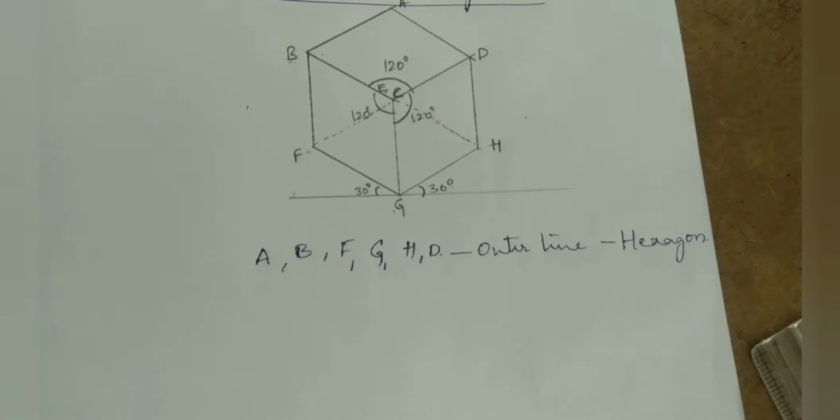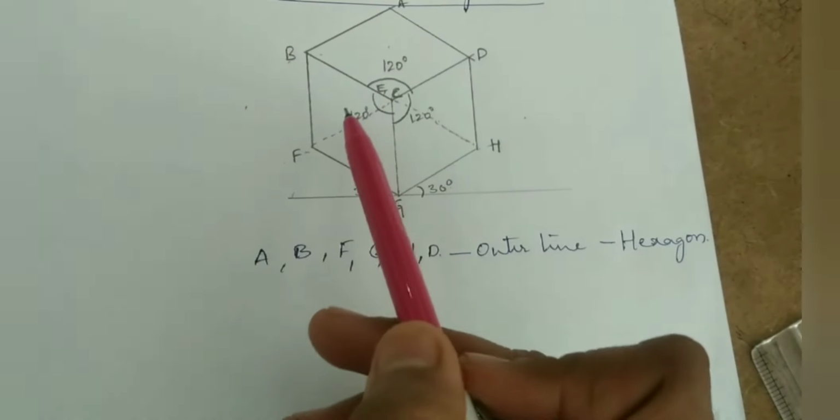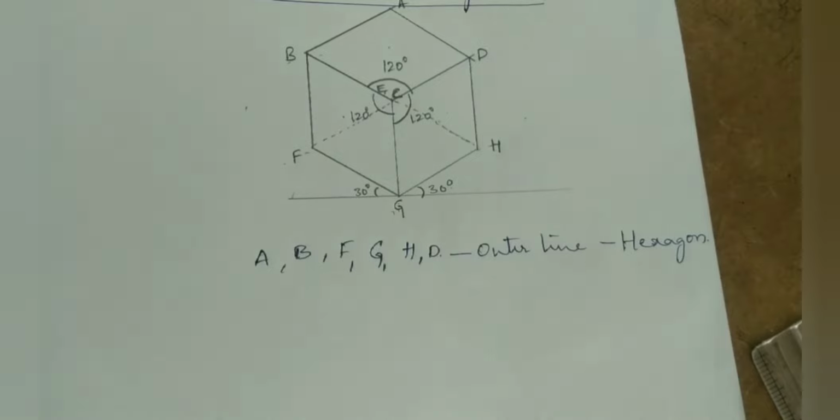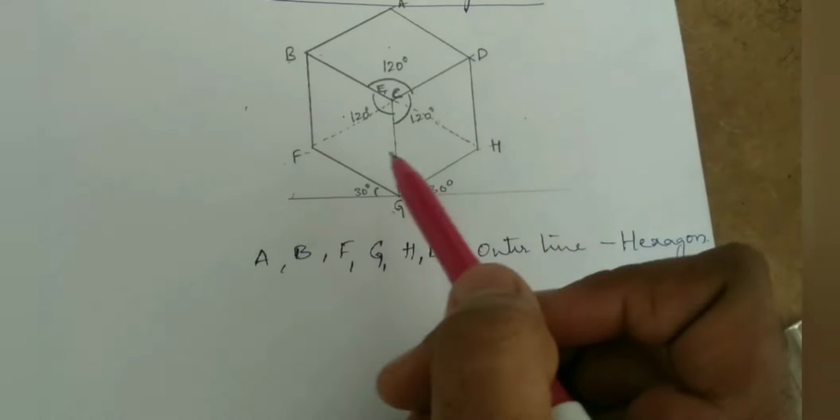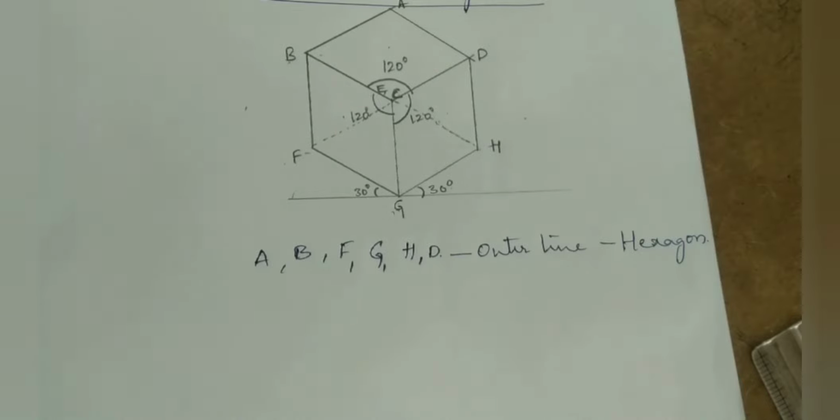Moreover, the faces which are actually square in shape appear as a rhombus. All the faces, whichever face you see, appear in a rhombus shape. And all the axes make equal angles with each other, that is, 120 degrees with each other, and they are of equal length but smaller than the true length of the edge. Here we follow the isometric scale, which I will explain to you in the next topic.